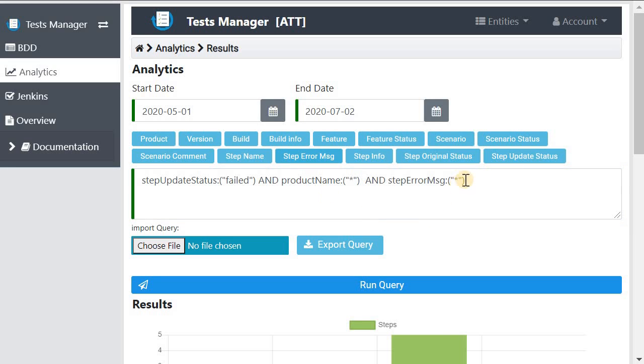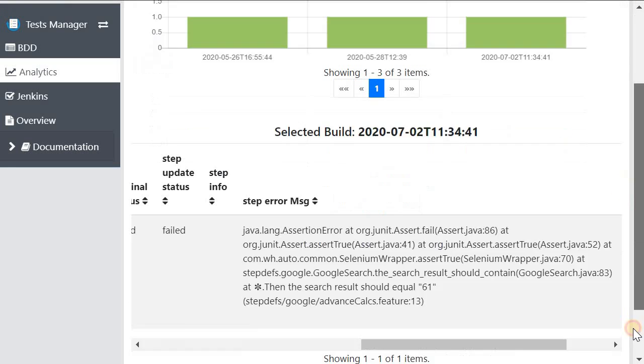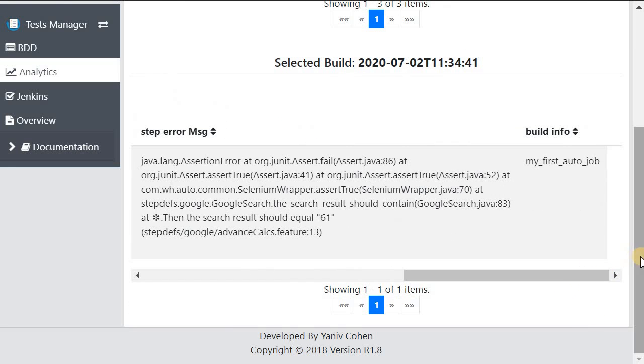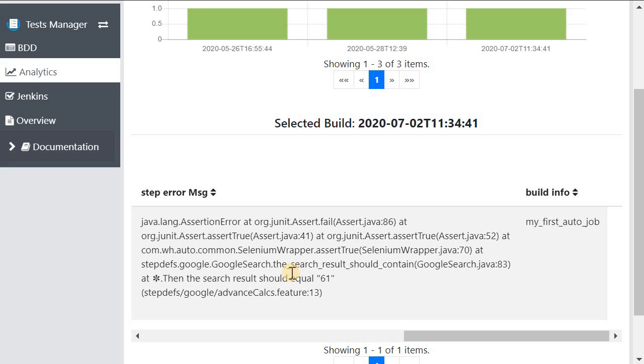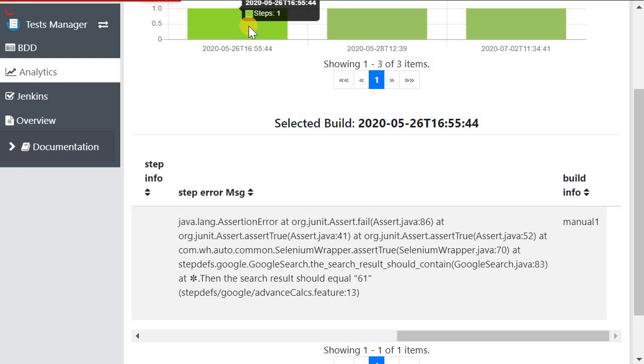Step error message, and it pastes the error I'm looking for. Okay, I have 3 builds. I can select each one. This is my first auto job and this error. Second, manual 3, same error, and manual 1, same error.